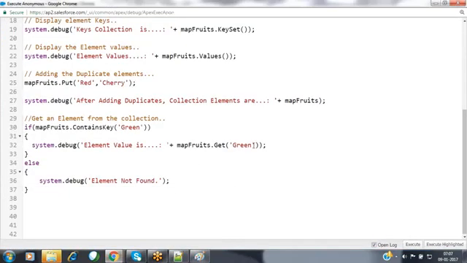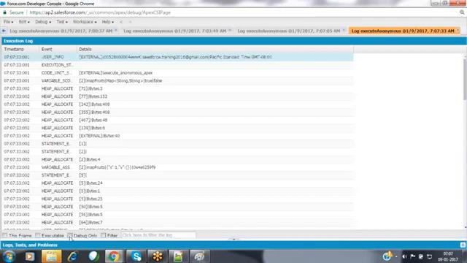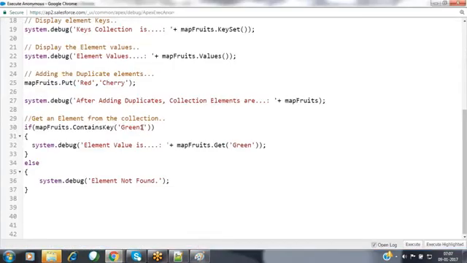Suppose for example I'm giving the value as green1. Now with this name we don't have any key. So at that time what will happen? We are expecting element not found here. Let's verify that code. Now with green1 we don't have any element available, so it is displaying the message element not found. Based on that we can do the processing. So for that we have to specify these elements over here.